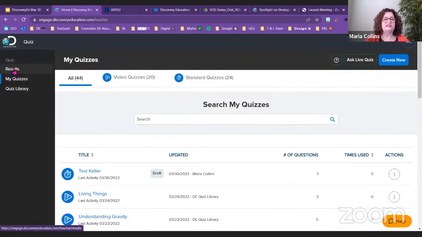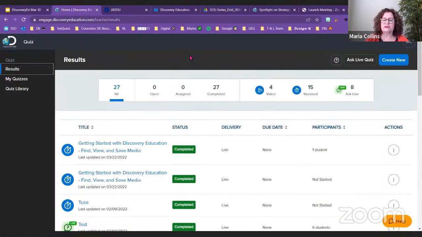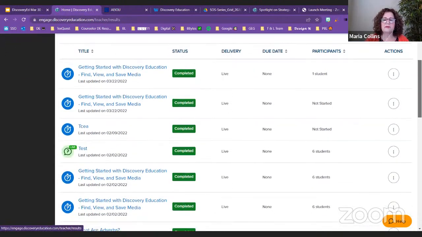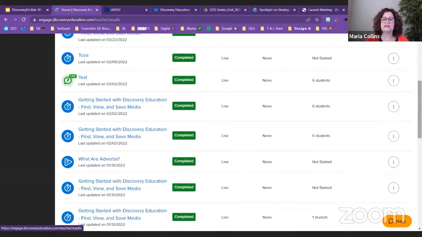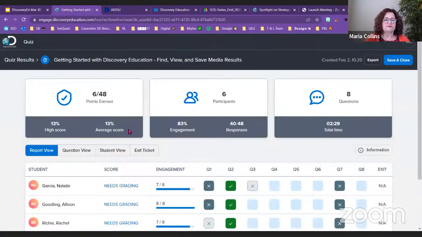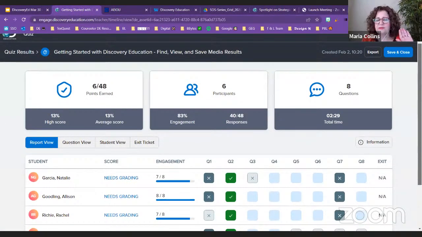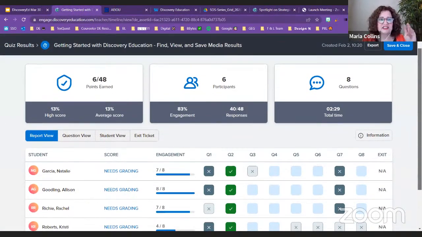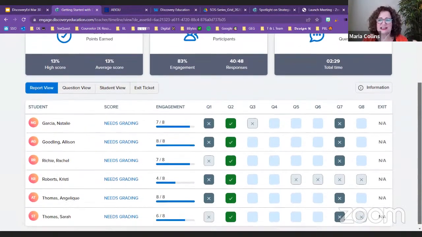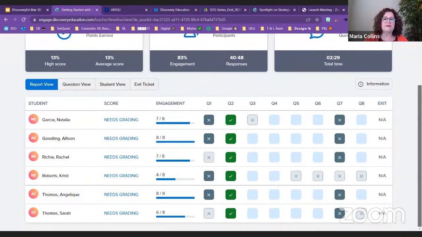You can view the results, and it's very similar to any of the other quizzing features that you have. I used this with a few teachers that I was working with. And you can see, I actually had them rush through it. So most of them got it wrong. It's because I said, you got to hurry, you got to hurry. We had like 3 minutes, but they wanted to see what it was like. So I let them see it. But it gives you great information.